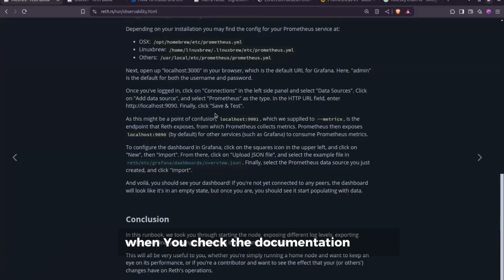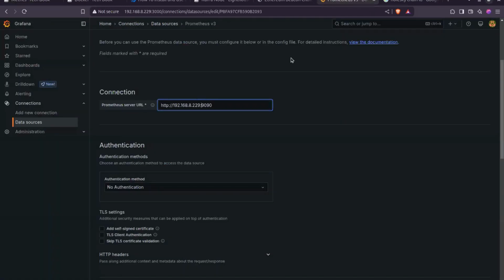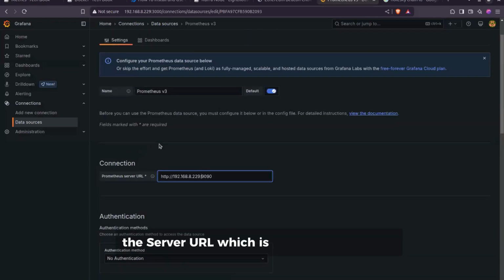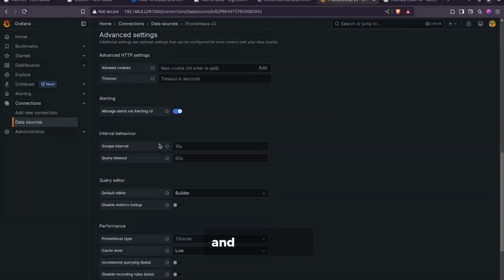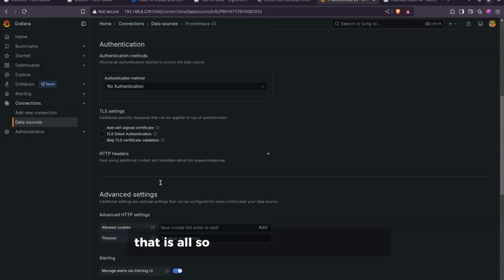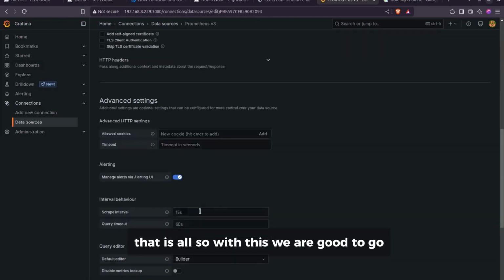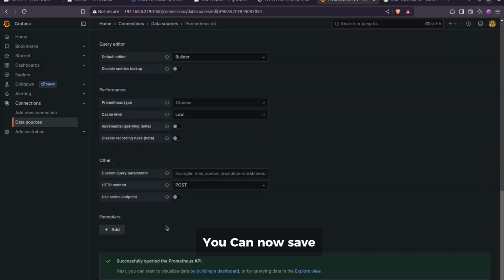When you check the documentation, it says where are you. So next, open up localhost, and which we have done, admin. Click on connection, select data source, click add source, and we need to add this. Then it says what? HTTP URL field, enter HTTP localhost final. But this is not on our local system, so we need to use that IP address for that system, which is the server URL, which is what we have there, and where else? That is all. So with this, we are good to go. You can now save